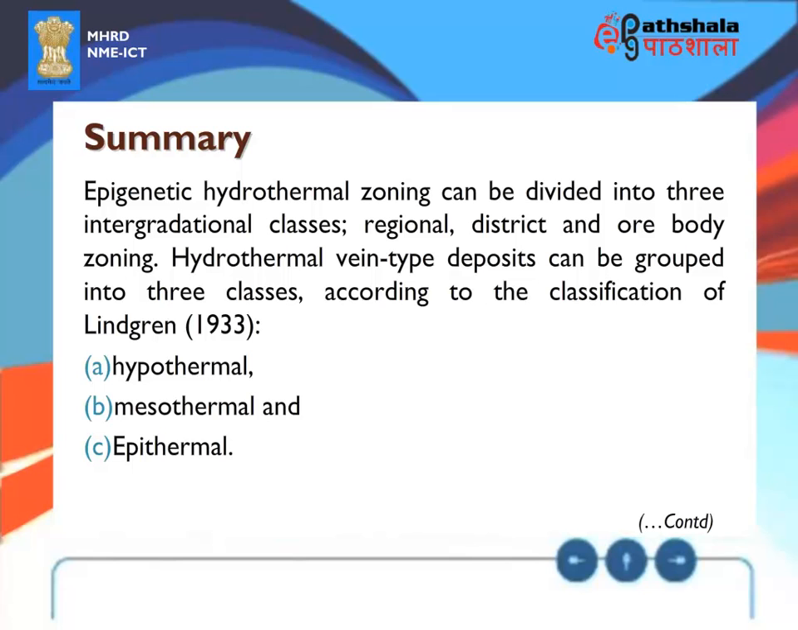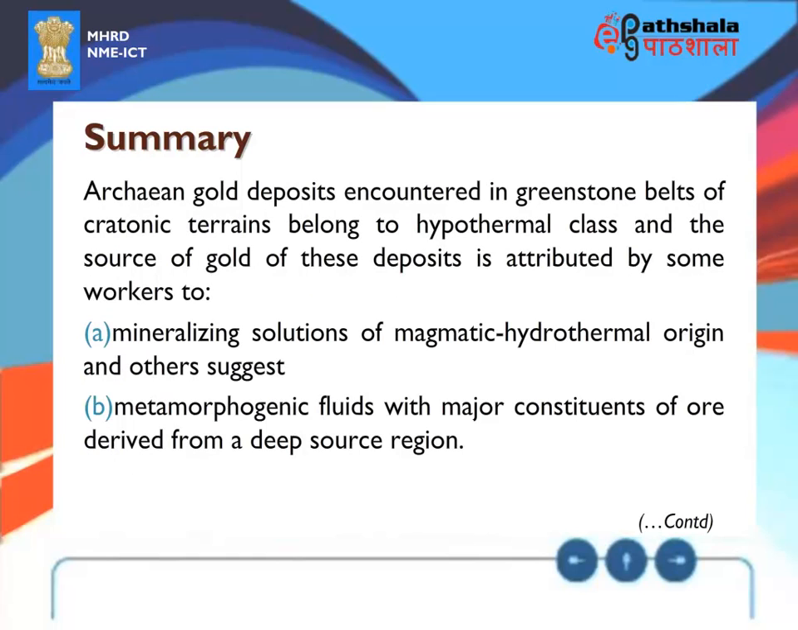Hydrothermal vein type deposits can be grouped into three classes according to the classification of Lindgren 1933: A. Hypothermal, B. Mesothermal, and C. Epithermal. Archean gold deposits encountered in greenstone belts of cratonic terrains belong to hypothermal class, and the source of gold